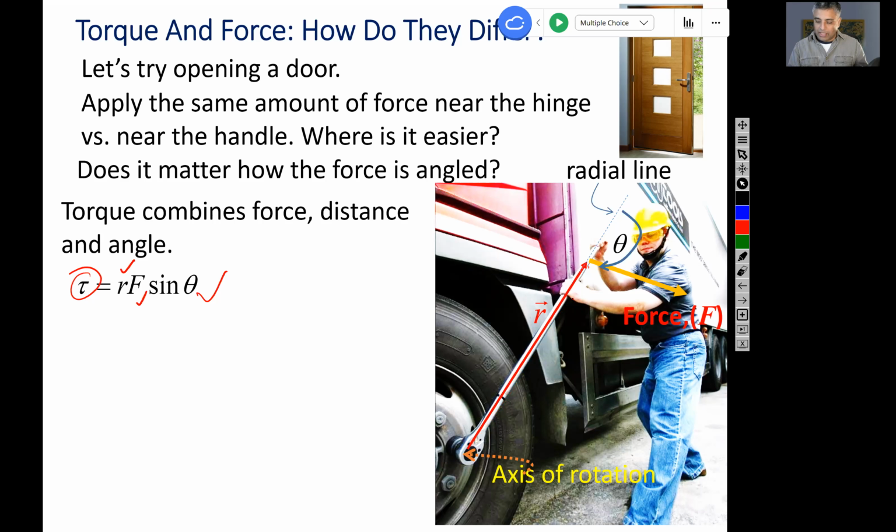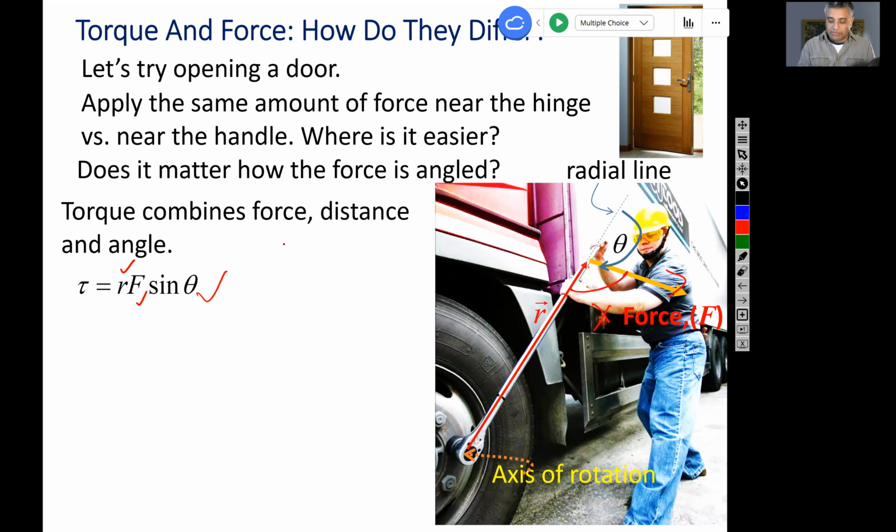So why not this angle, rather this angle? Because it's the angle between R and F. What is the direction of R? That's the direction of R. And this is the direction of F. So we need to look at this angle here, okay? So now,